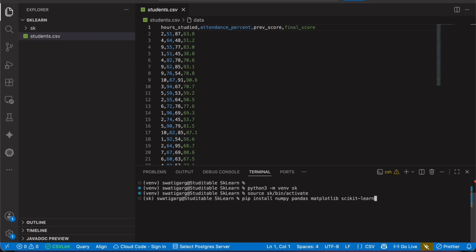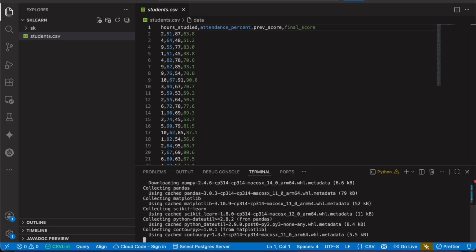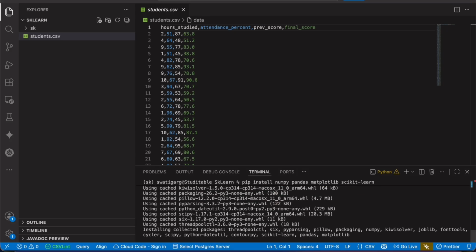You can also keep these in a requirements.txt file and just pass the command pip install -r requirements.txt, and that will read the requirements file and install the dependencies you have written there. Once you press enter, all those dependencies will be downloaded. This will take a little bit of time.